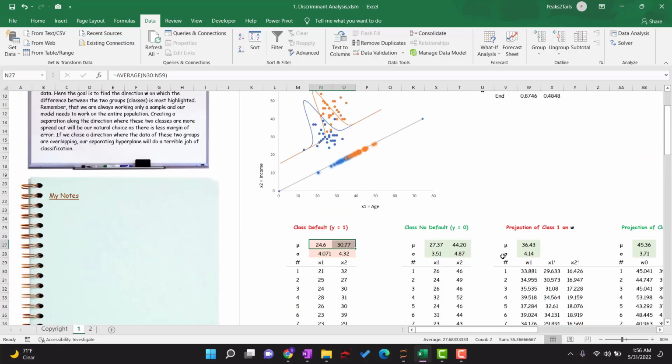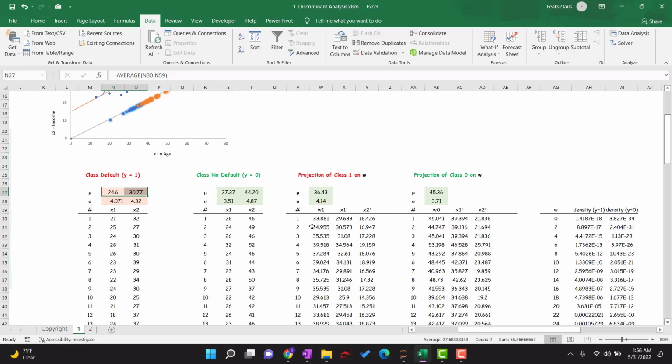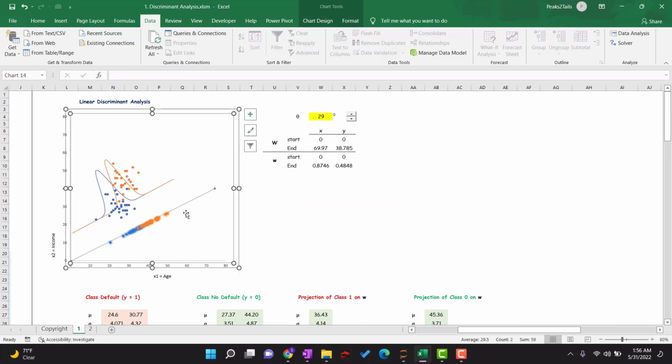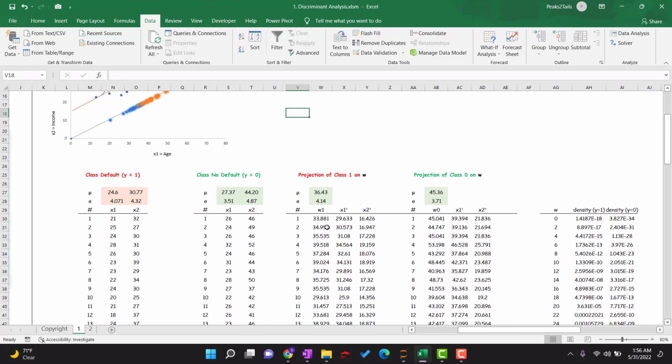All of these will not be part of the actual solution. The actual solution is very easy. I'm just giving you more details so that you can visualize the whole thing. We can calculate the projections of all these instances on our W vector. That is very easy. On W, we just have to take the dot product. So x1,